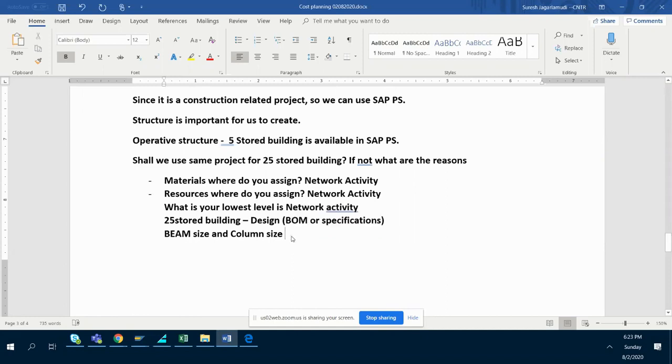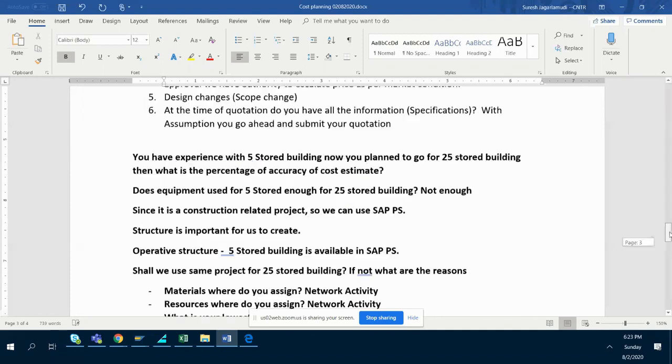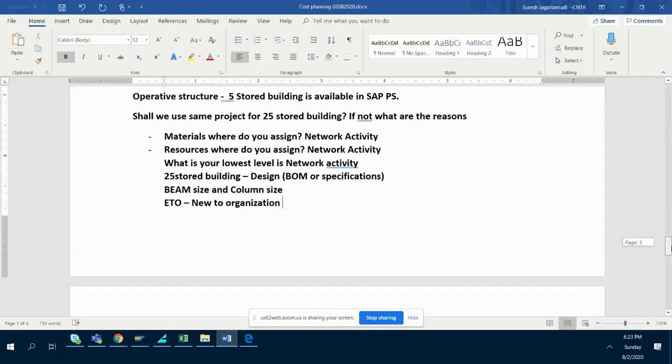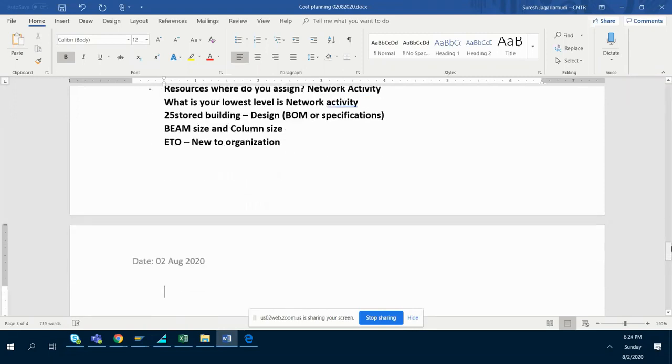So for building a new structure from scratch, why? Because you are building something new to the organization, kind of ETO, new to the organization, isn't it? Is it just an extension? No, it's completely new to the organization. It is new, sir. First time you are building the 25 floor. It's new to the organization, and in that case, you don't have much of